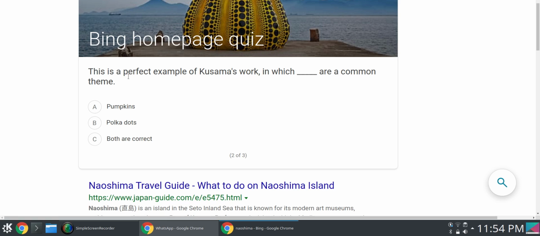then there's a perfect example of Kusama's work in which underscore are a common theme. You have pumpkins, polka dots, and both are correct. Okay, so in that case, as soon as I saw both are correct, I knew the answer was both are correct because